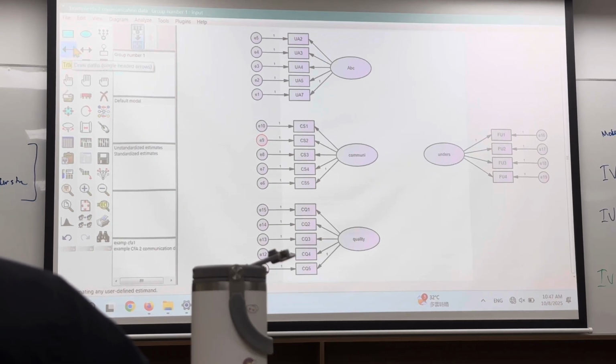for the direct effect, we use this one-headed arrow. Okay, so in this model, you can see ABC leads to communication, communication leads to understanding. Okay, let's make it look beautiful. All right, so next one,